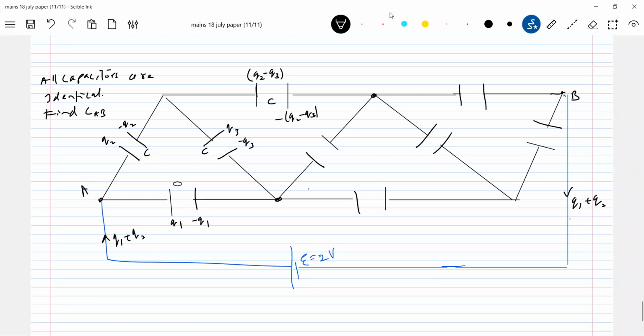I'll just assume a symmetric charge like this, Q2 minus Q3, let it be. Then here charge Q3 minus Q3. I'll support my assumptions, Q1, and let this be Q2 minus Q2. What should be the charge here? Charge at every junction should be conserved here. So this should be Q1 minus Q2 plus 2Q3.